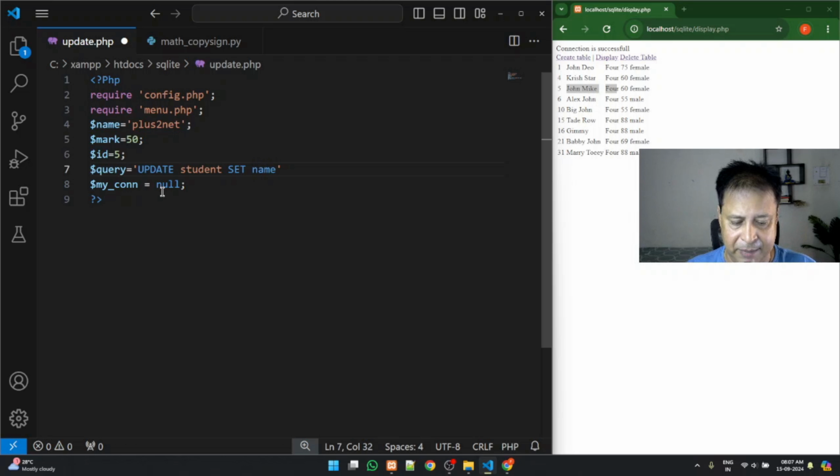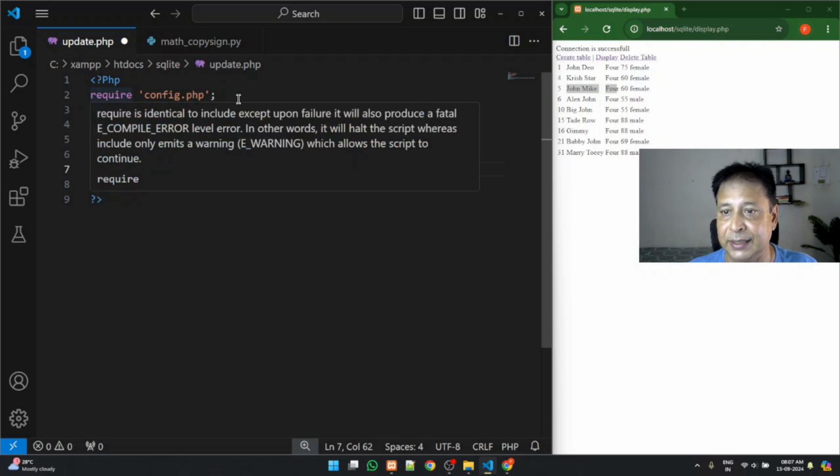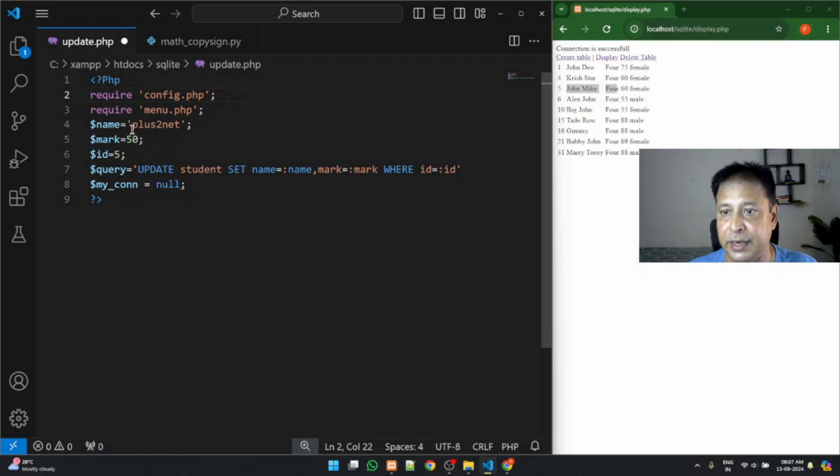Set name equal to a placeholder name, then mark equal to a mark placeholder, so that the data I will be replacing. Where ID equal to, again I am giving an ID placeholder, because what happens here is I have set the variables directly here, name, mark, ID,